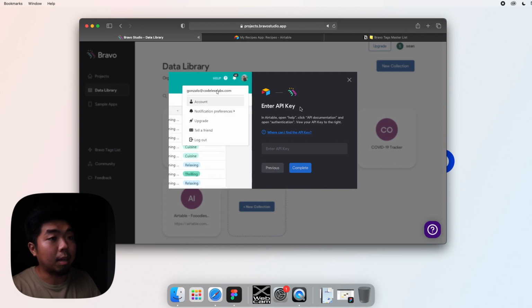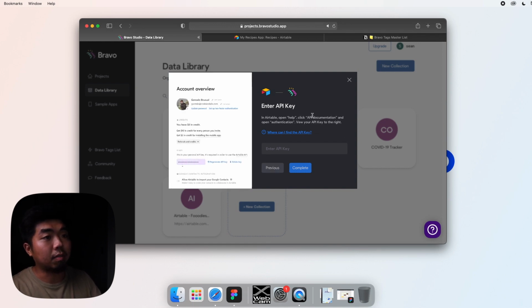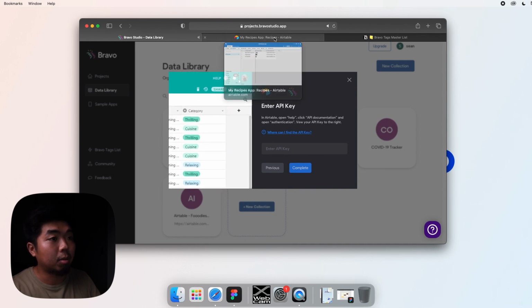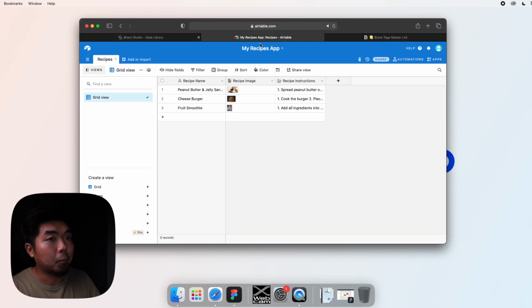Next, we're going to have to enter the API key, and this is going to help us verify and authenticate that this is us connecting to Airtable. So again, you can follow the video, but if you come back to Airtable, come to the upper right to your account and hit the account tab here.